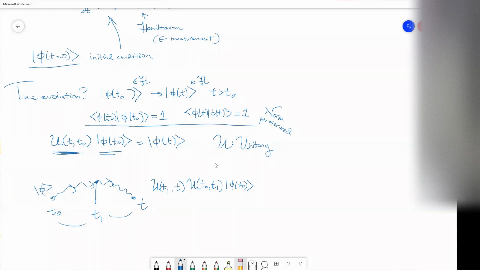Hopefully that doesn't do anything. It shouldn't matter that we introduce some intermediate time. You would hope that this is the same as just evolving it from time t naught up to total time t, as just a point of logic. And then you should also expect that if you don't do anything at all, if you just take it at time t naught and don't touch the system, you get back out just the original state. Nothing happens if you don't evolve it for any time.